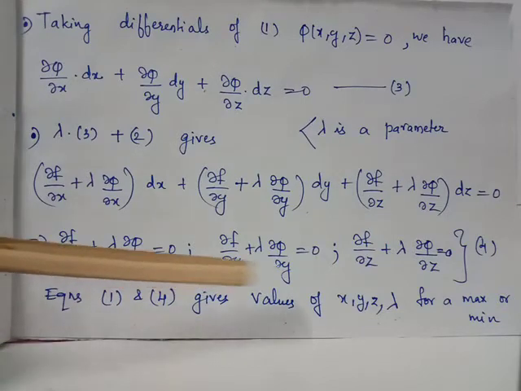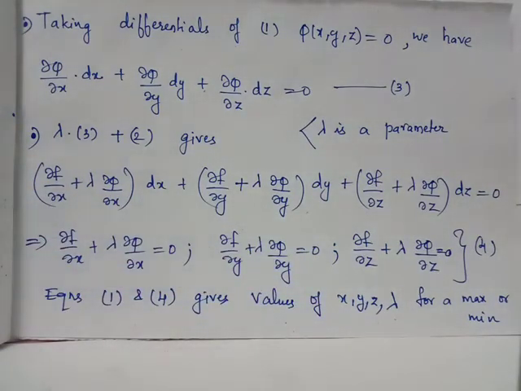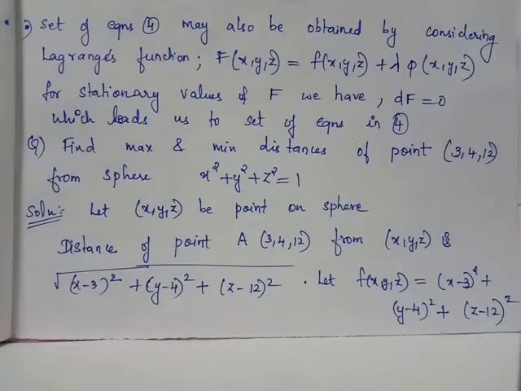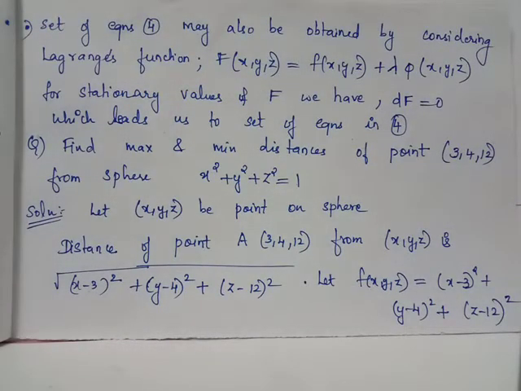So first we will find out lambda. With the help of lambda we will find out x, y, z, and finally we examine the maxima or minima possible for the function f of x, y, z. We also get the same relations considering the Lagrange's function capital F of x, y, z given by small f of x, y, z plus lambda times phi of x, y, z, where small f of x, y, z is the function whose maxima or minima we have to examine, and lambda is the Lagrange's multiplier, and phi is the relation we obtained from the physical problem we considered.